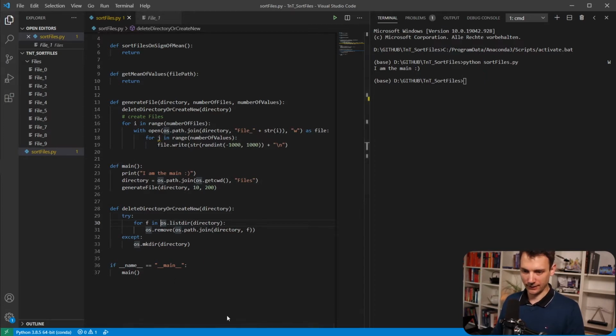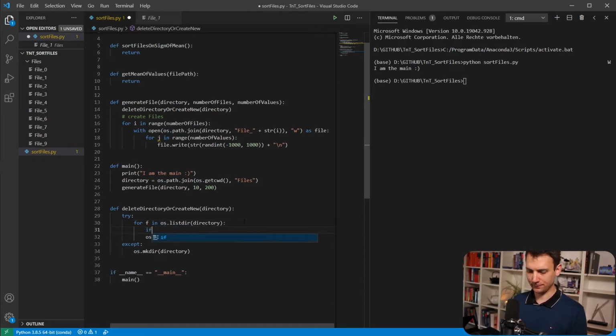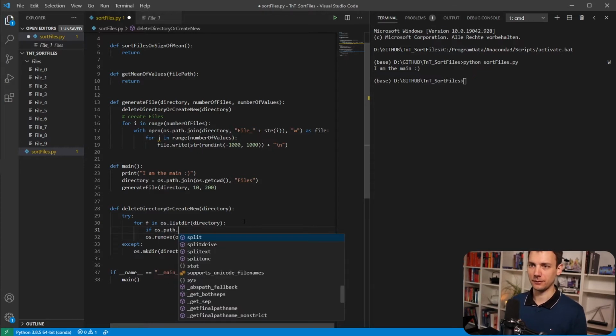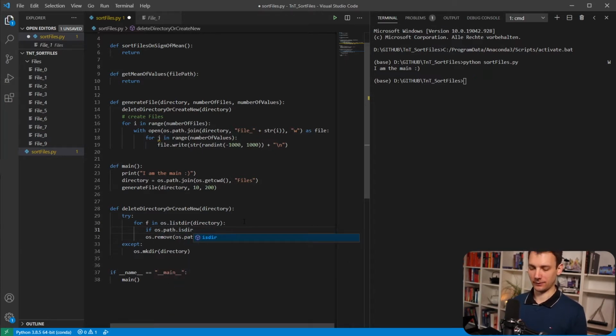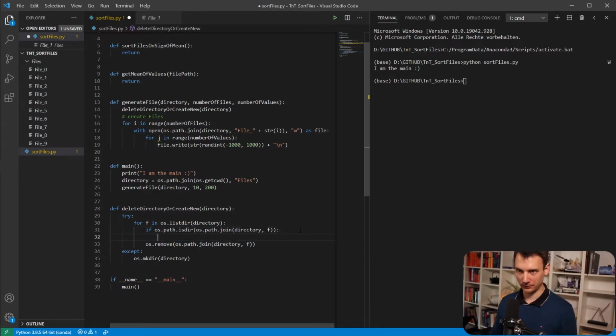Now, how to check that? You can do it like this: os.path.isdir, this is the method. So is it a directory? And now you have to give the full path to this directory or file. And we have the file here, but this is the file name and not the full path to it. So we also have to use the join method. And here's the full path. So if this is a directory, then we want to do something different. In this case, we want to remove the directory,